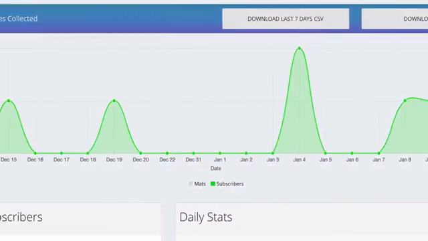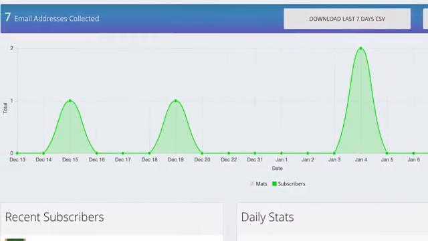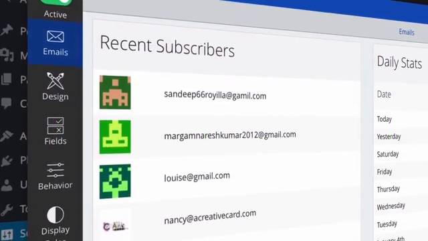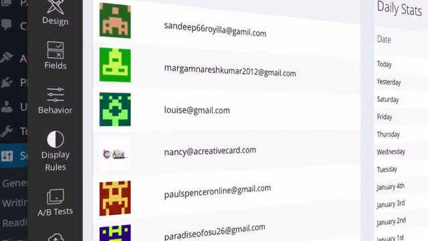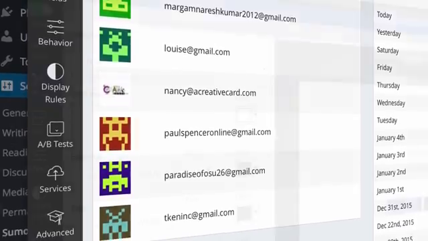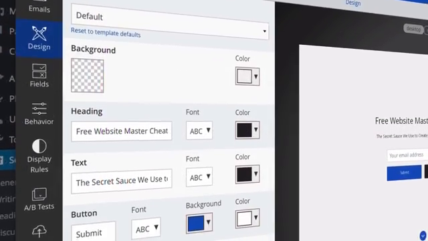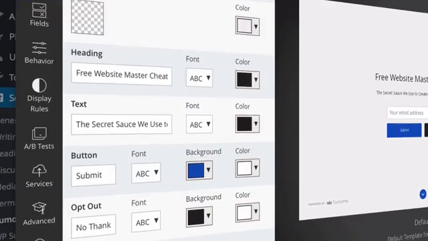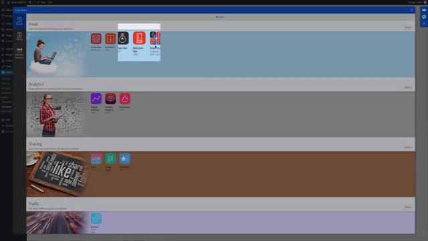All right, there are countless ways to use Welcome Mat. You can use it to collect emails with your lead magnet, directing your visitors to a popular blog post, getting your buyers to a special sale you're throwing that day. So there are countless ways to use this little tool, and I'm going to show you how to get this set up right now. So go ahead and click on Welcome Mat,